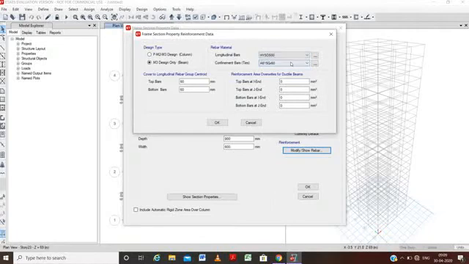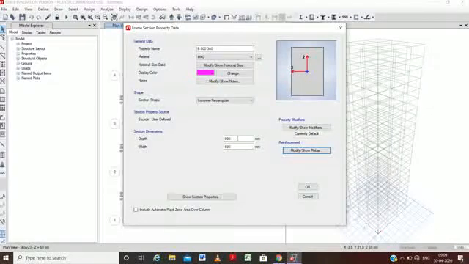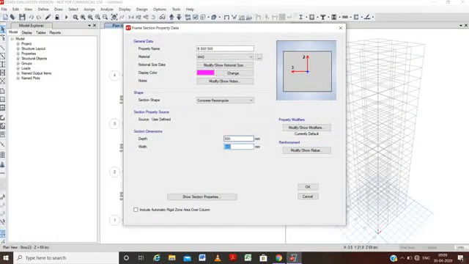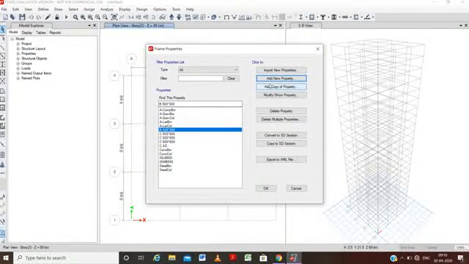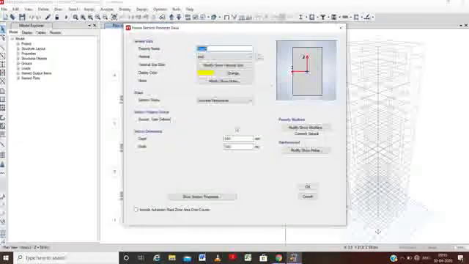Here the longitudinal 500 and confinement 50. For cover, as per given IS, it is 25 mm, so we will change this to 25 mm. Press OK, and we will change the depth to 500 by 300, and we press OK, and the beam is listed here.